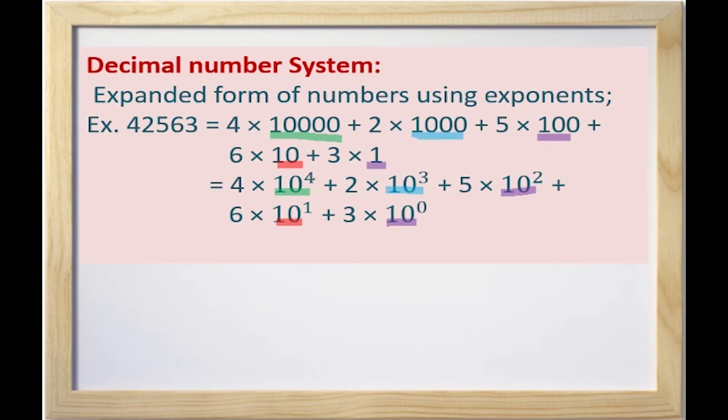And 10 can be written as 10 raised to the power of 1, since 10 is multiplied by itself only once. And now, children, 1 can be written as 10 raised to the power of 0, since we know that by the law of exponents,